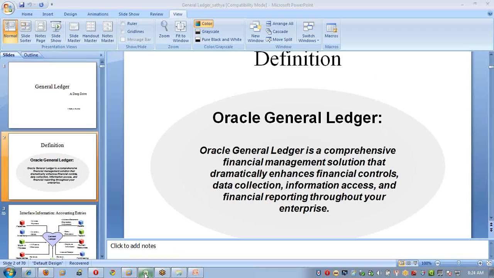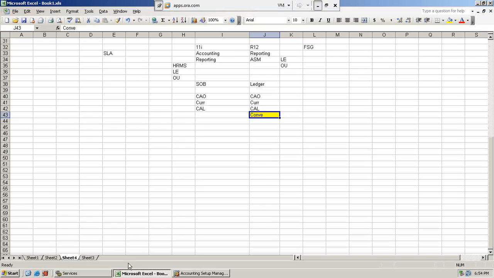Now we were discussing the 4 C's, right? So when these 4 C's are put together, chart of accounts, currency, calendar, convention, we form a ledger. When these three C's are put together, we form set of books in 11i. So we no longer have the concept of set of books. We have only the concept of ledger. Now, one other thing that is imperative to note about the concept of set of books and ledger is,